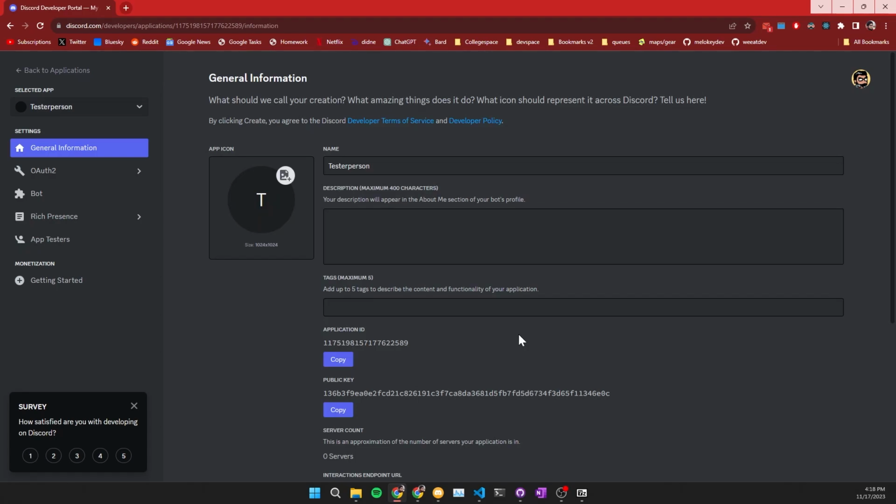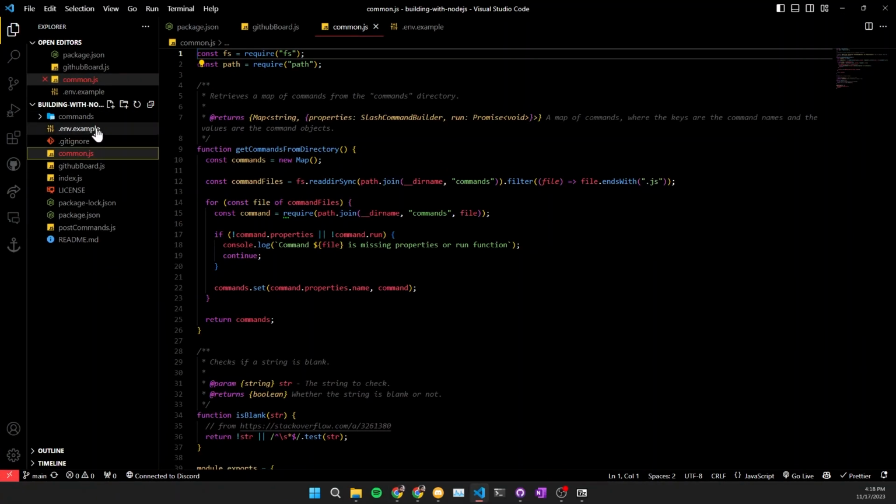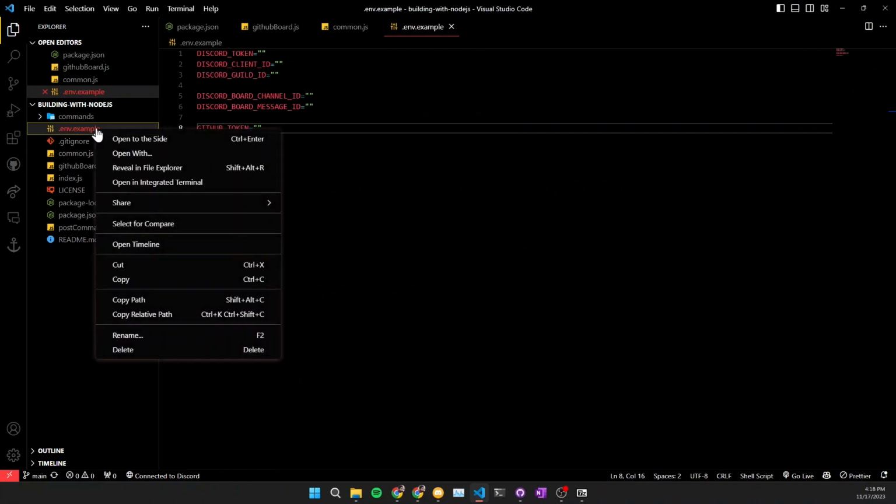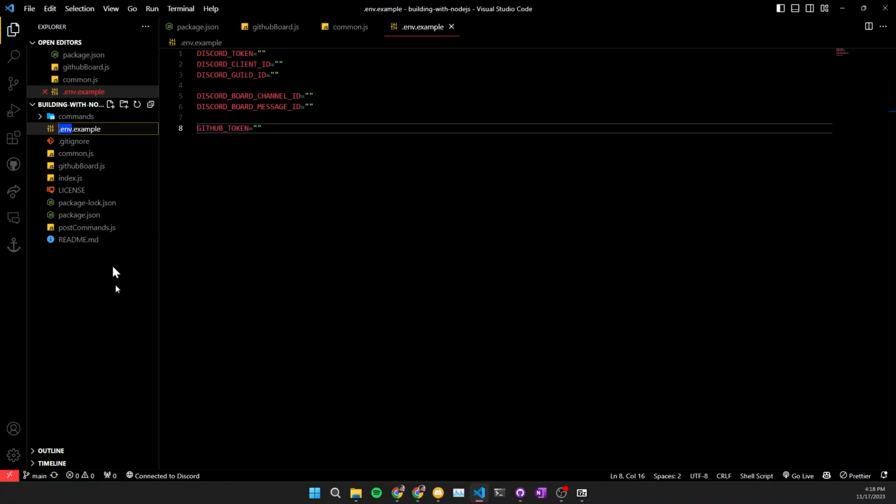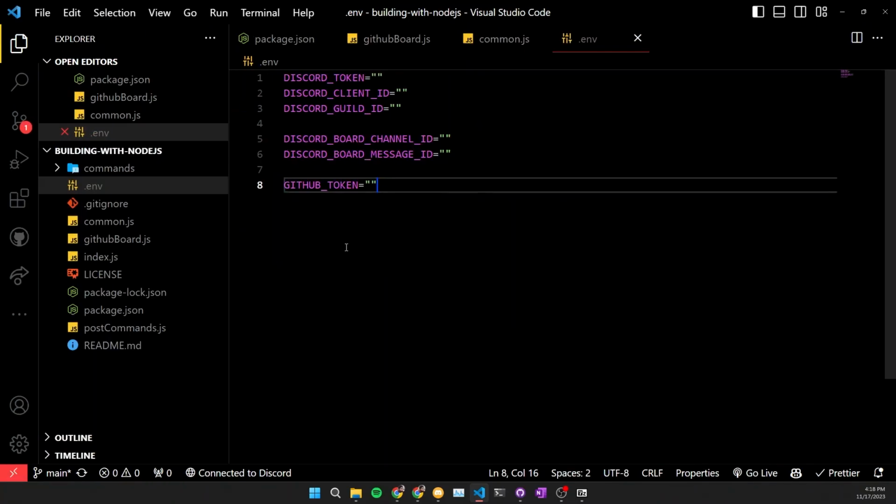And now this is where we start grabbing stuff off of here and putting it in the .env file. So if you're in VS Code, copy this .env file. Actually, you don't need to copy it. You can rename it. Get rid of this .example part, so you just have .env, and you should see something like this. So we're gonna start filling this out,